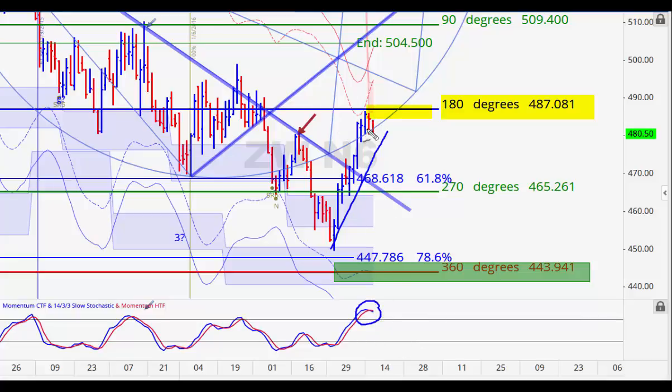The market should then make a nice little pullback. It might sit near 468, 469 or so. And if it breaks through there, we would anticipate that it could very well break to new lows. So we'll continue to monitor and see what's going on with this contract and to note where the strength is